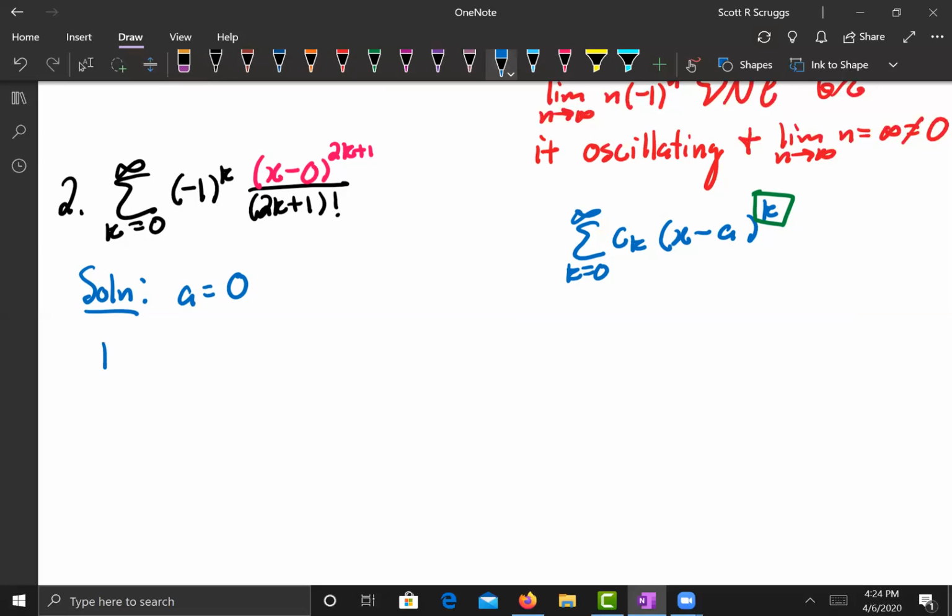So I recommend doing ratio tests here. Reason why is, as I noted when you choose a test for convergence,